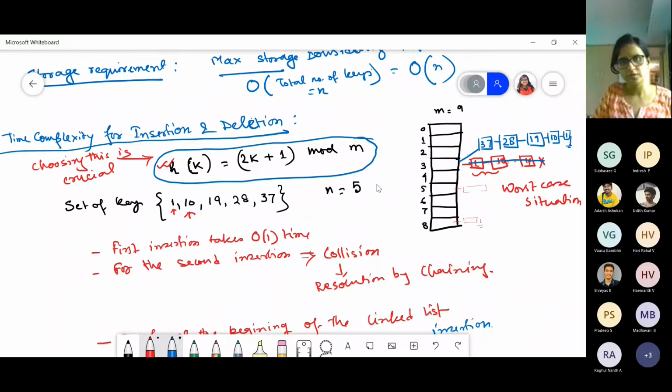But whenever we get some value which is assigned to this slot, we create a new node and the linked list is going to increase. So if you have two values which are mapped to the same location, then you will add the next value at the beginning of the chain. This will ensure that your insertion time is always constant, irrespective of at which time you are going to insert.